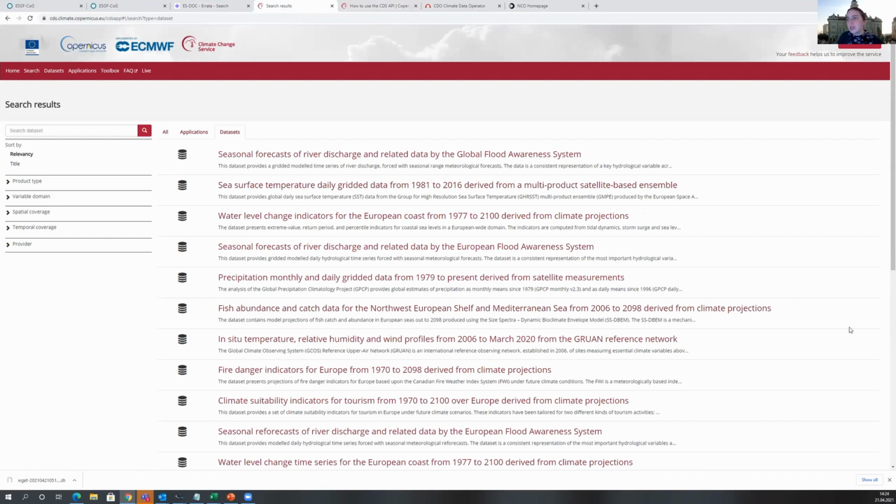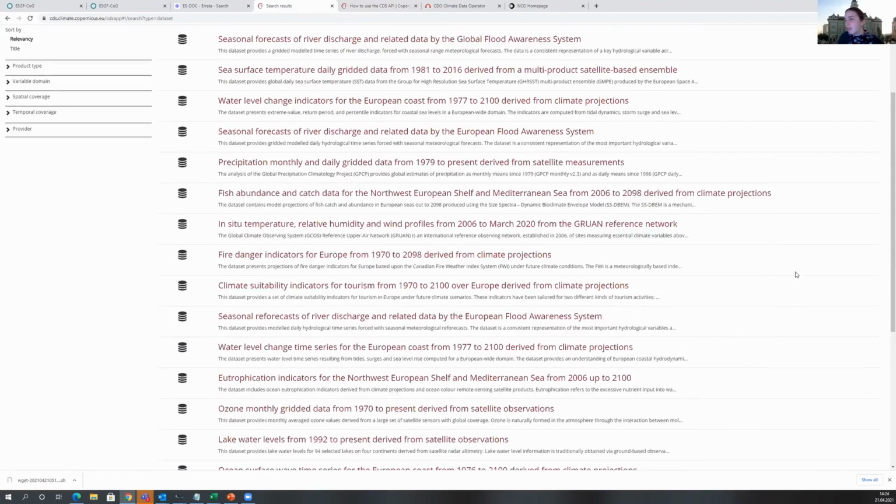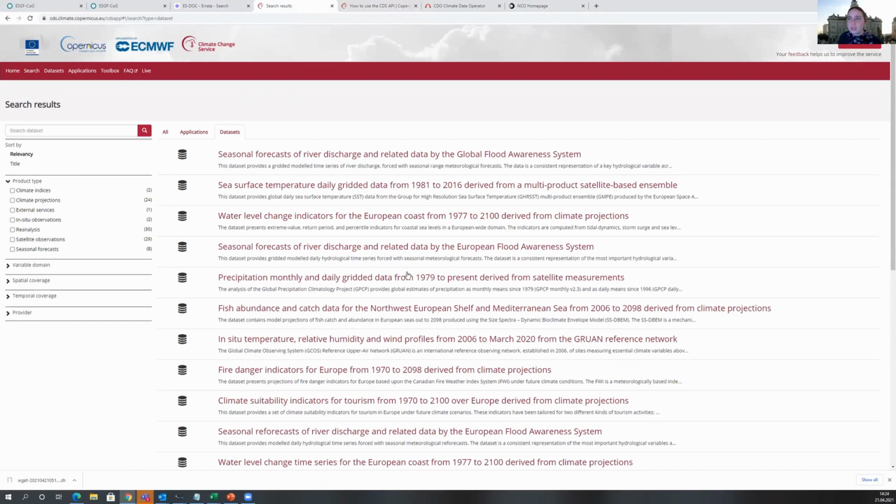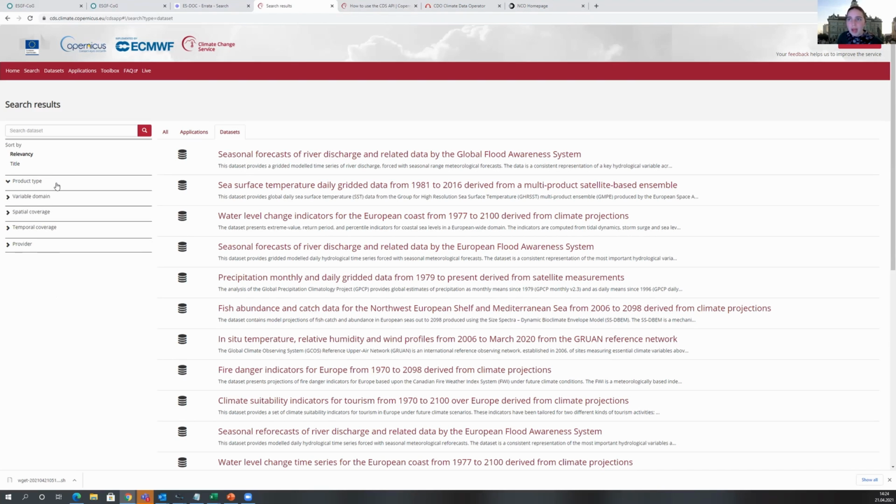So here we see the data sets that we can look at for ESGF and for CDS. And CDS doesn't only have reanalysis data. It has some other types of data as well. For instance, Jana mentioned earlier the ETCCDI indices and some other heat indicators. And in a couple of months, we will be adding a data set to CDS,